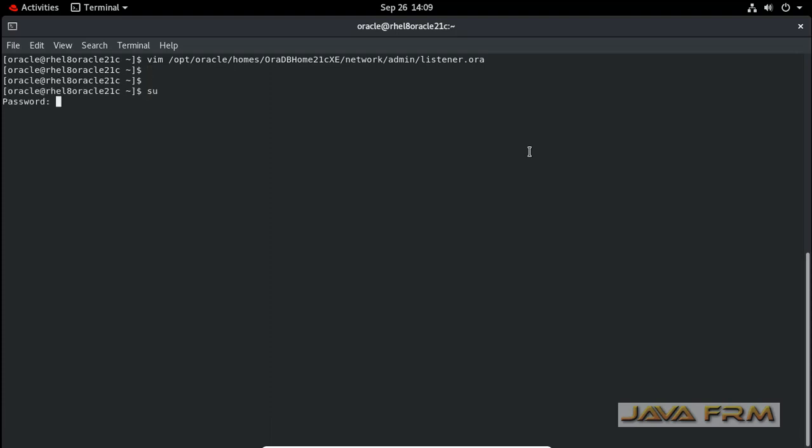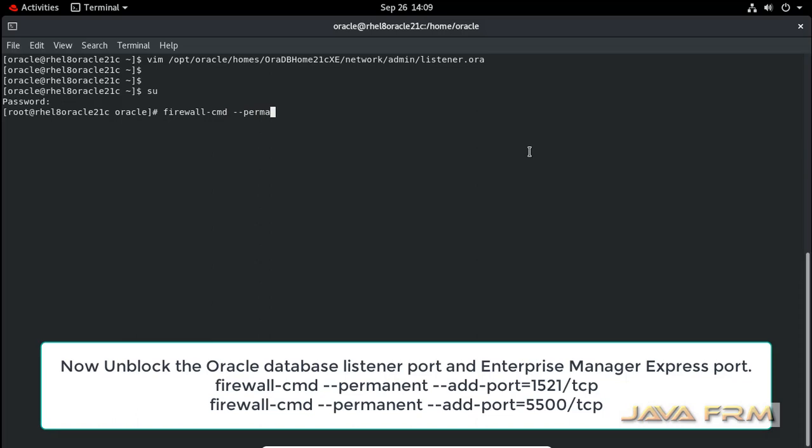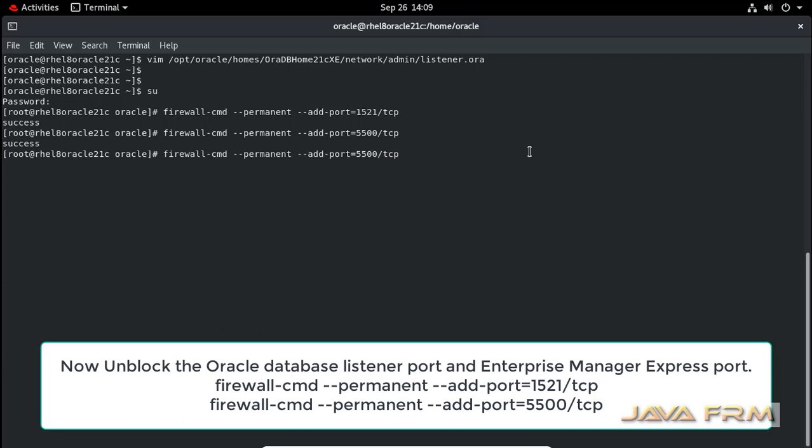Okay, so internally I am able to connect to Oracle Database 21c Express Edition, but I am going to connect externally. The first step is to unblock the port. These are the commands used to unblock the port. First I am unblocking port 1521, the default port for Oracle Database. Next I am unblocking the Enterprise Manager port 5500, so that you can access Enterprise Manager from a browser externally.